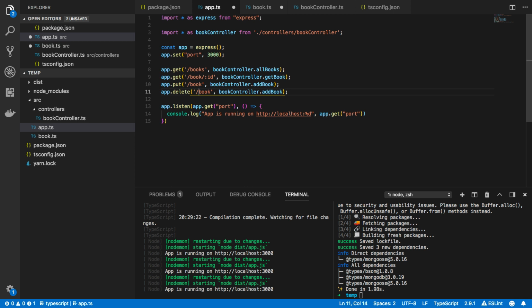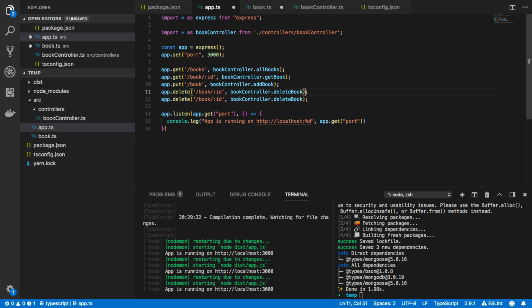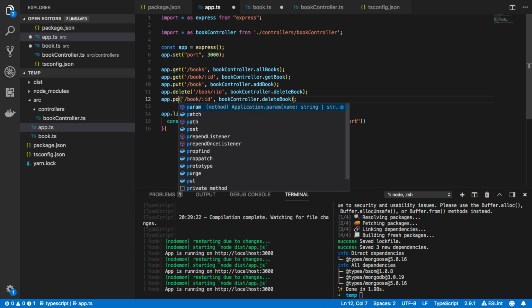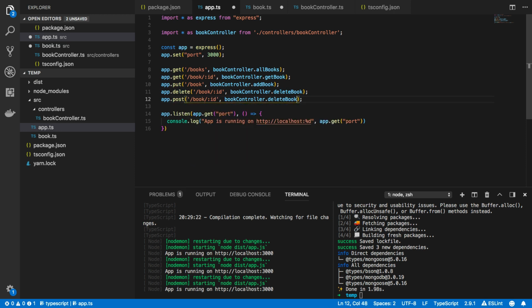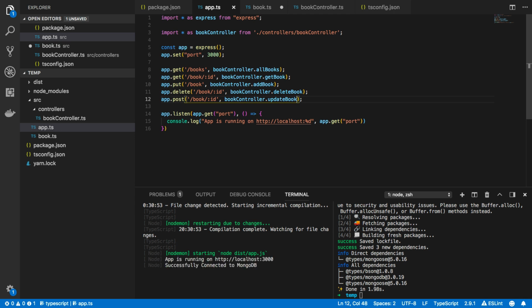So app.delete book, again taking an ID, and book controller dot delete book. And finally, we're going to want to do the post request, which will do the updating of the book. So update book. Save that, and when you save this, because we have just imported the book controller, you should